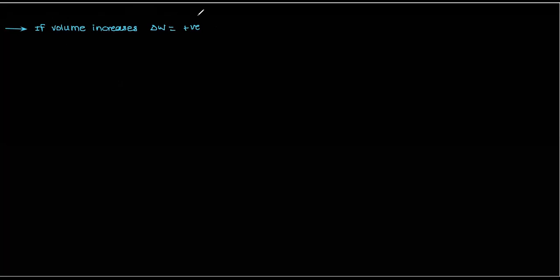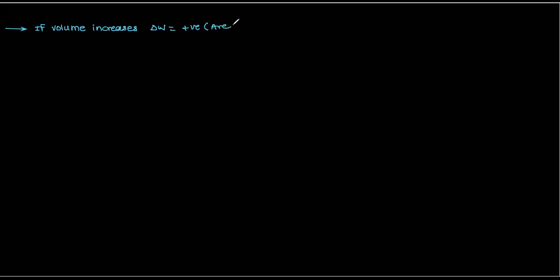We know delta W is P dV, right? So volume increases means the final volume is more than the initial volume, so definitely work done is positive. So take the positive area under the curve. Clear? Next, if volume decreases,